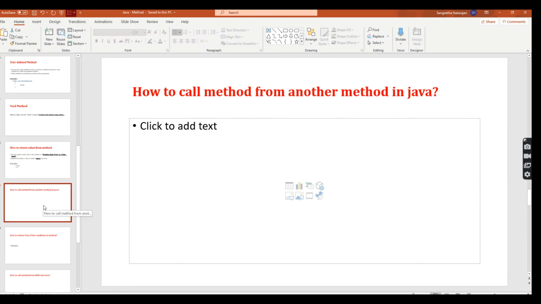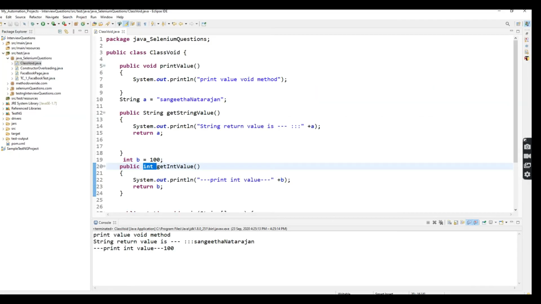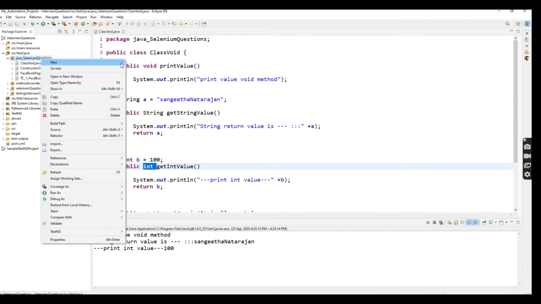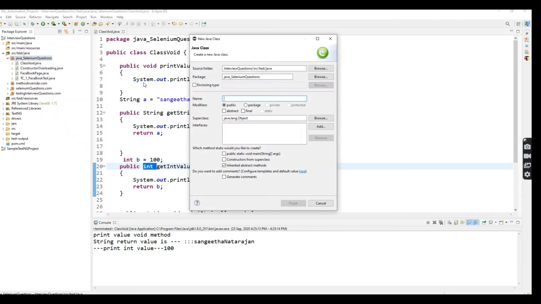So next we are going to discuss how to call a method from another method. For that I'm going to create another class, and then you will understand clearly.